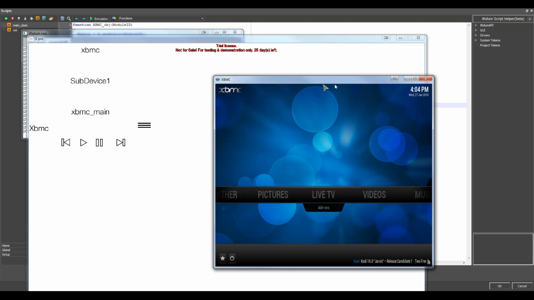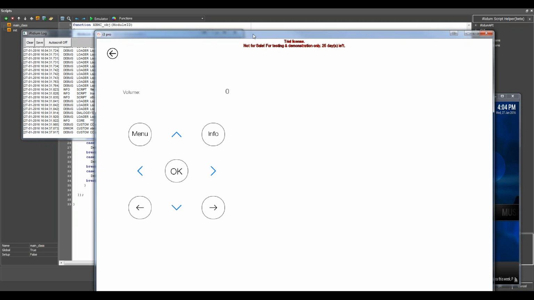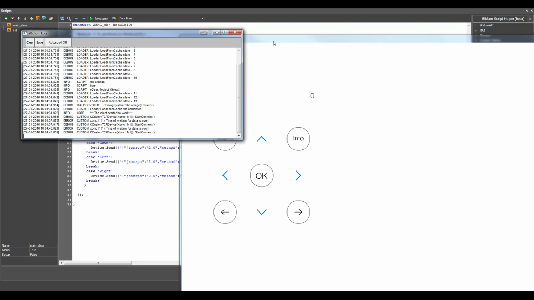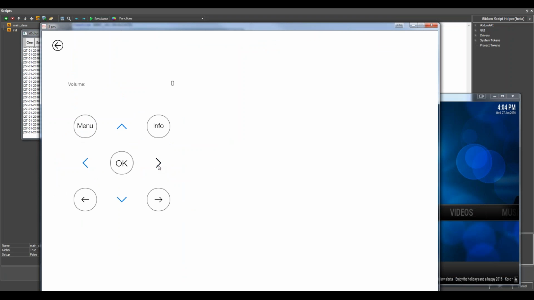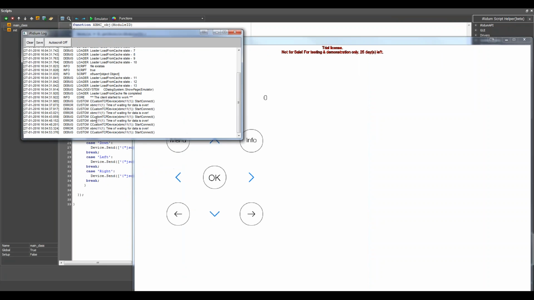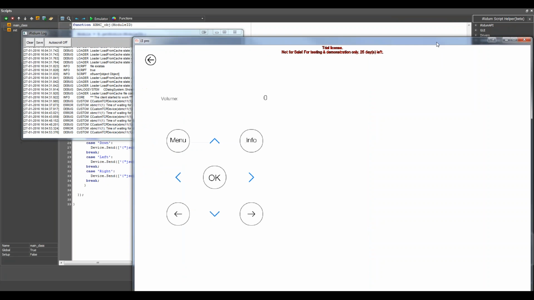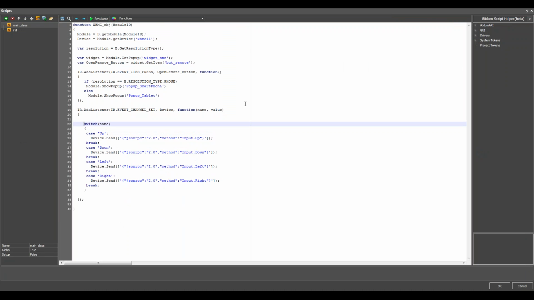So it's my XBMC. Open the remote. Strange. Let's check the add listener.